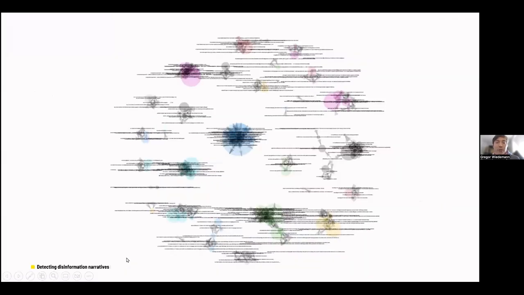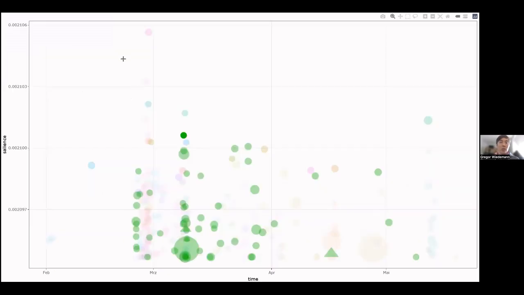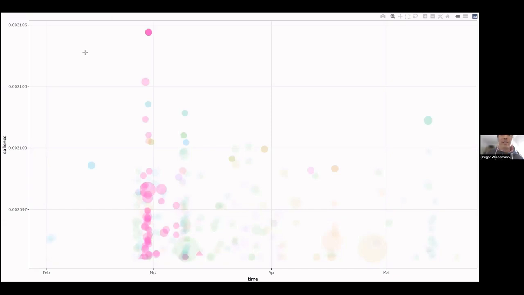So let's try if we can get the time component back into this. Here we have a variation of this data in our plotly plot as an interactive plot. Each point in this graph is a tweet, and the colors indicate the belonging of the tweets to the same cluster. So all pinkish bubbles here, for instance, are tweets of the same cluster. They are arranged on the x-axis by time, so we can see it starts in the end of February and goes up to May in our dataset.